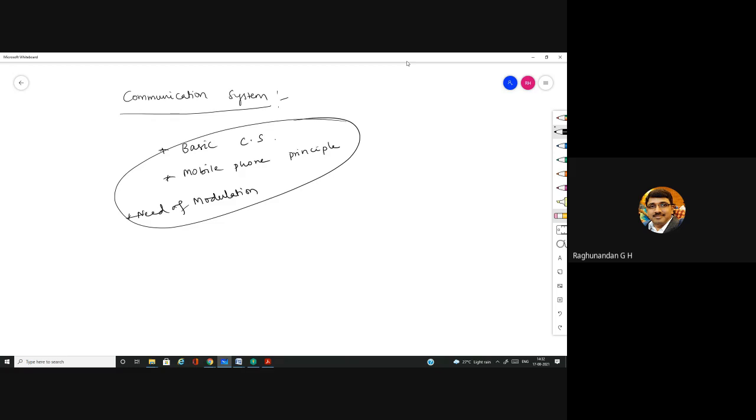Many of the things are known, but we are going to study them technically. We just know how a mobile phone operates, but here we are going to study how it is connected. Many of us know that it just connects to a base station or a tower. But after the tower, what happens? Where does the signal go? And who controls this entire signal? How is the encryption or security given? Why can't they tap everyone's calls?